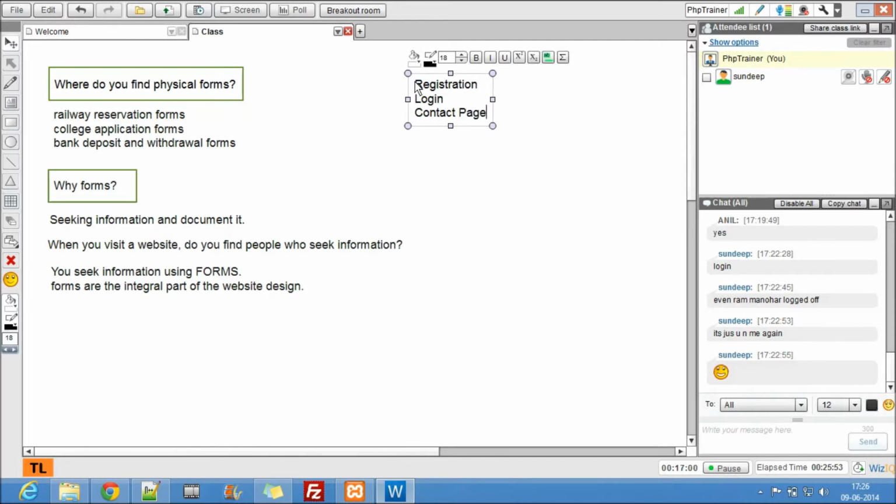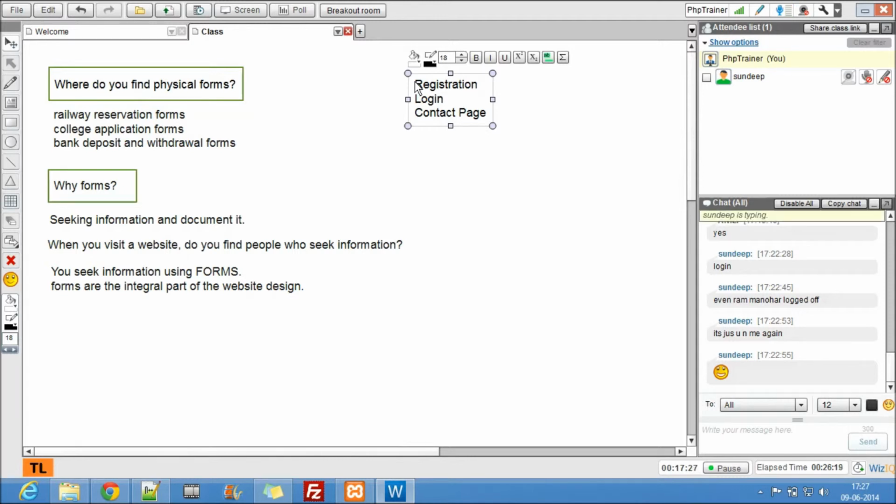At Tutos Live we use the contact page so that people post their queries if they have any. Again, the contact page is a form. We see the form: what is your message, where are you coming from, what's your email ID. So forms are usually used to transfer information from the user to the server or to the website owner.